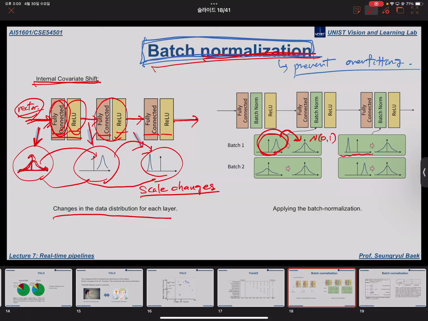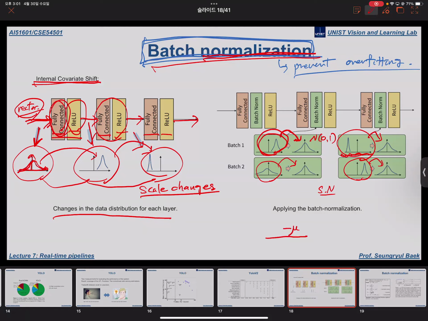So this is the arbitrary distribution of the responses. Their scale can be arbitrary, but you normalize those scales into a standard normal distribution by